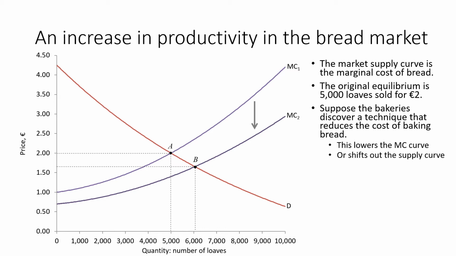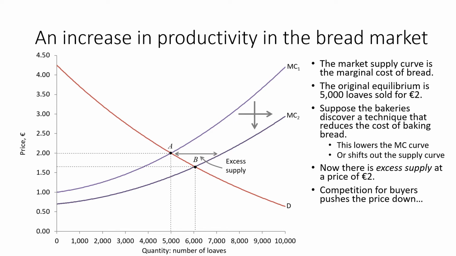and as we shift down the marginal cost, you could also think of it as shifting the supply curve to the right. Now, at the equilibrium price, there would actually be excess supply. At a price of €2, there would be more bread supplied than would be demanded by people. And that's going to push the price down, as those bakeries realize there aren't enough consumers wanting to buy bread at €2, they would compete, lower the price, and make sure they sell the loaves they produce until they reach the new equilibrium. Bread selling for about, sorry, €1.70, and at a price of €1.70, there are 6,000 loaves sold.